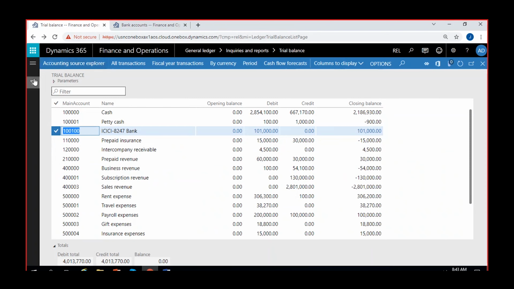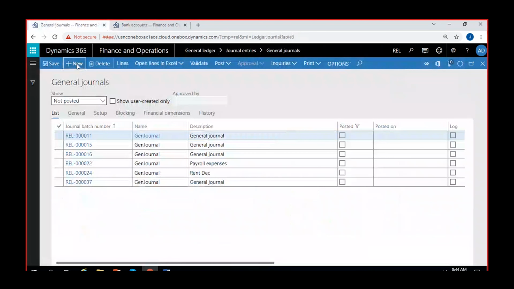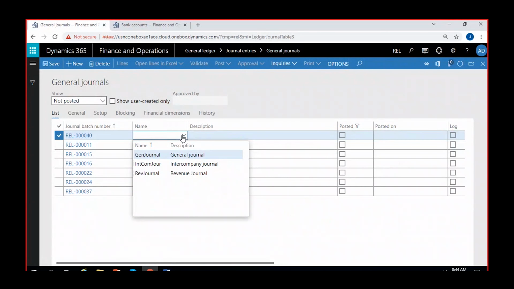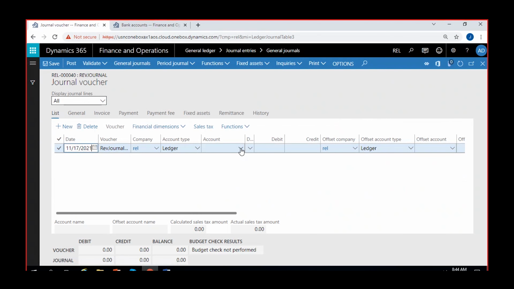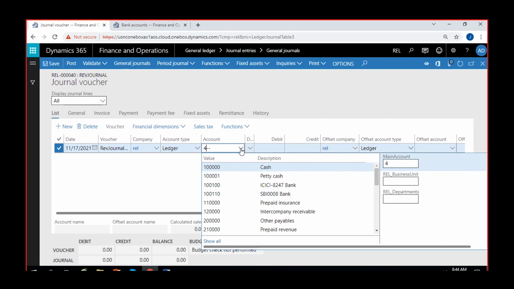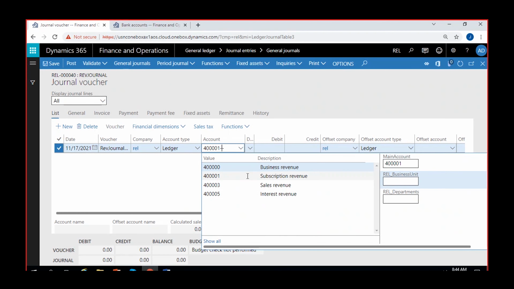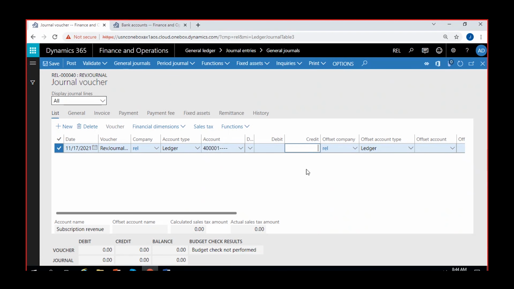We can also post one more transaction to SBI. Let me show you as an example, one second. Or I can make a payment transaction also. Like that, okay. I'm making a revenue journal again and going to lines, to receive some money into my SBI bank. So I'll select the ledger account as subscription revenue. Again, I'll credit this account for